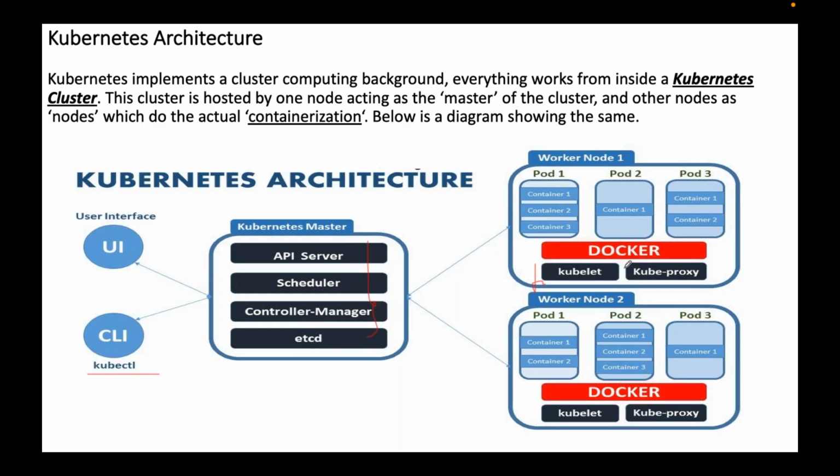If you have already attended interviews, definitely you might have got a lot of questions on this Kubernetes architecture. I think Rajkumar is attending Kubernetes and Docker. He is already working on DevOps, I think. He might have already attended the interviews, right? Did you get a lot of questions on this architecture, Rajkumar? If you have already attended,